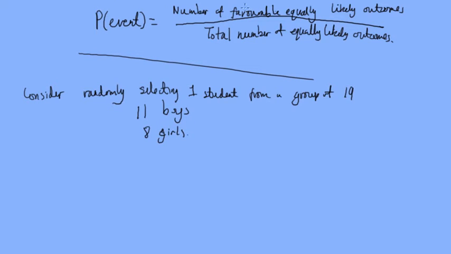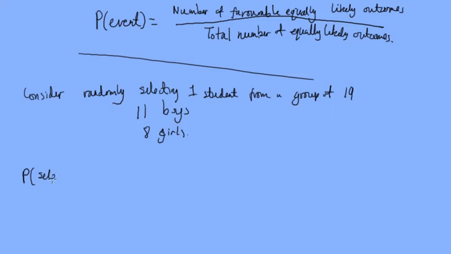So our n is 19. But say we were talking about the number of boys, that would be 11, because a boy is a boy and a girl is a girl. But if we were talking about selecting any one student, regardless of whether they're boy or girl,